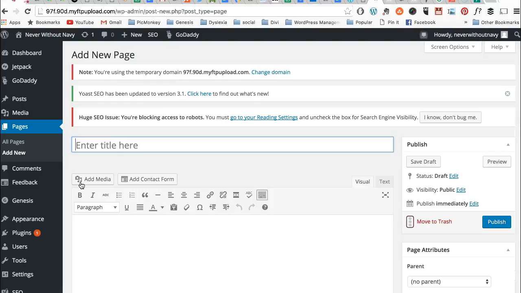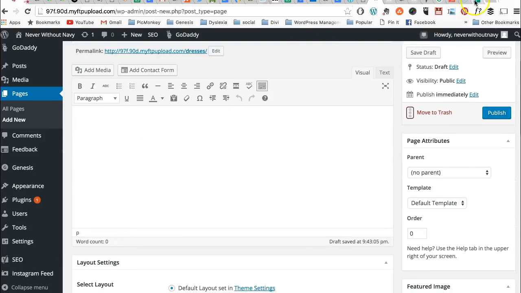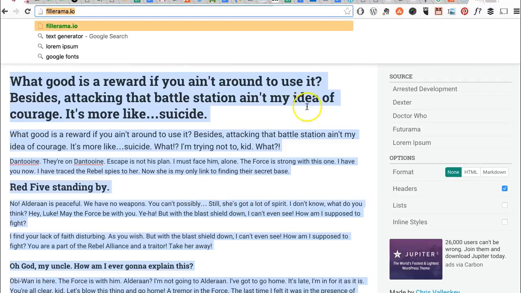Now we're going to call this page dresses, because there's already an about page and I don't want to create an about two. So here we go, a page called dresses. And once again, I'll grab some filler text and stick this filler text inside my little